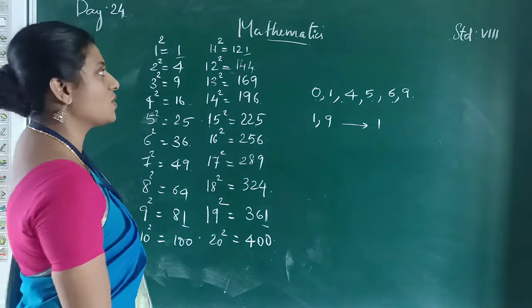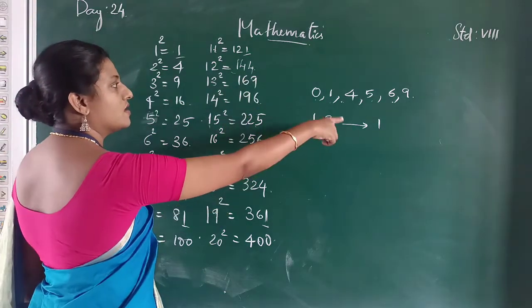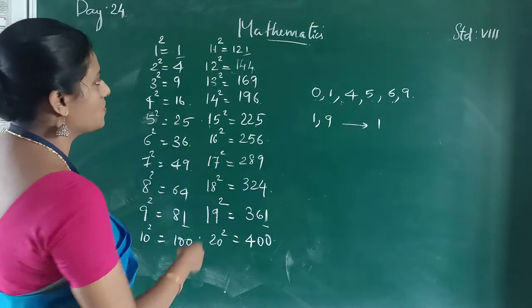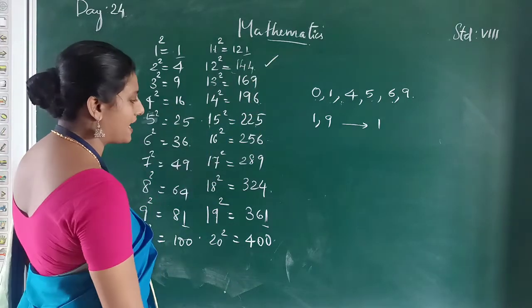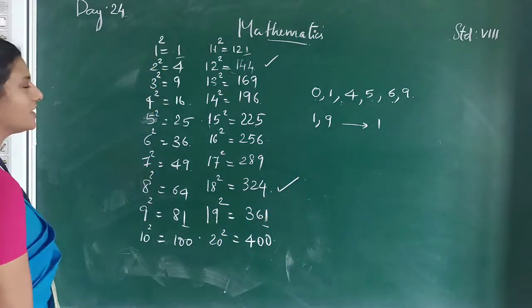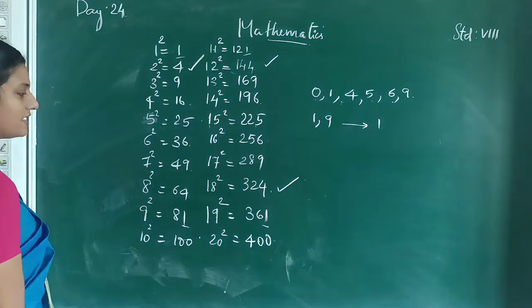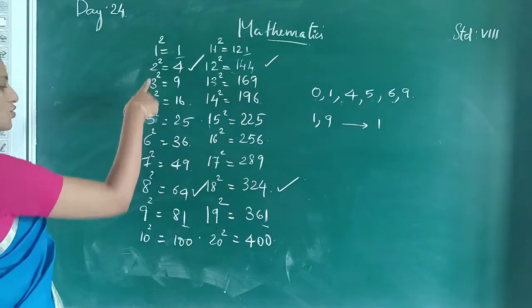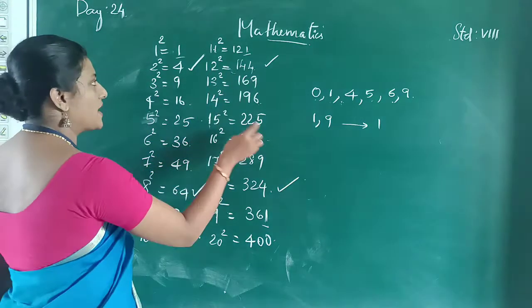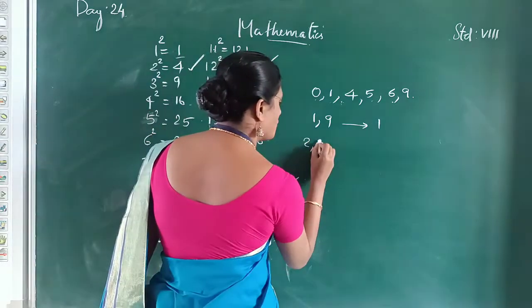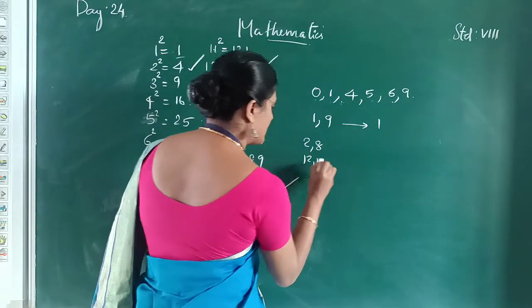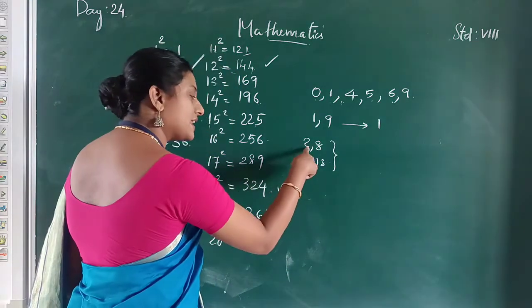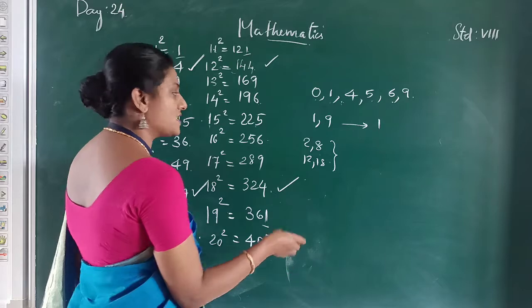Okay, next one, next number is what? 4, right? So here 4 comes in which all numbers? 144 and 324. Here 4 and here also 64, right? So which are the numbers? 2, 8, here 12, 18, and then 2, 8, 12, 18. So these digits, these three numbers in the squares, ending in the number